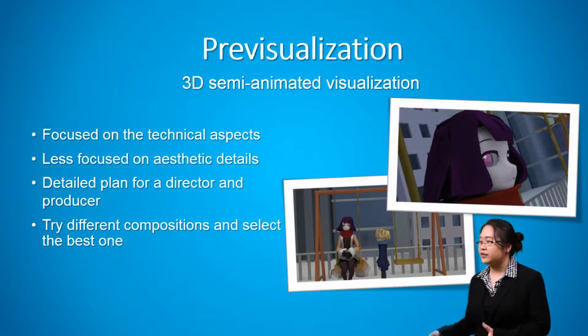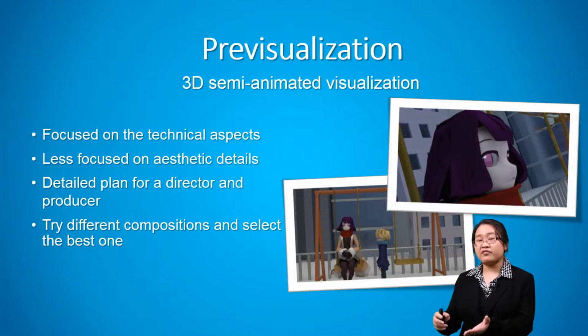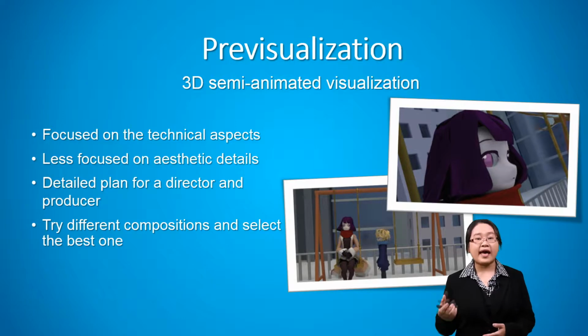For example, you can test out one shot, for example, the close-up shot, to see if it really has a nice result in the 3D world, or you can make a change to a longer shot, or you can try to change the camera angle to try the best one and select it for the blocking for your final animation.